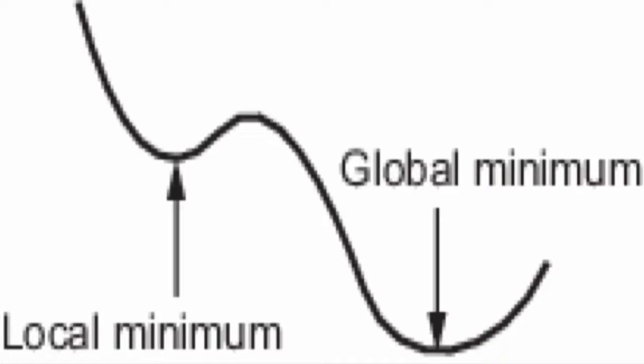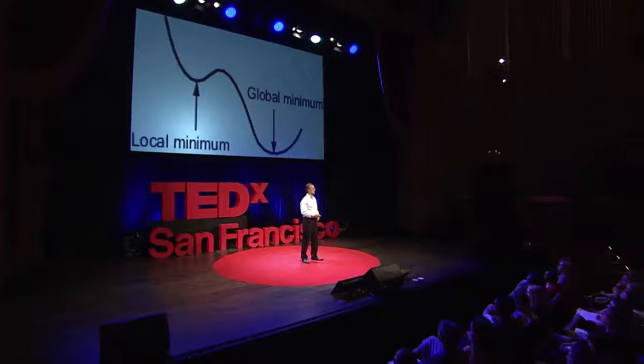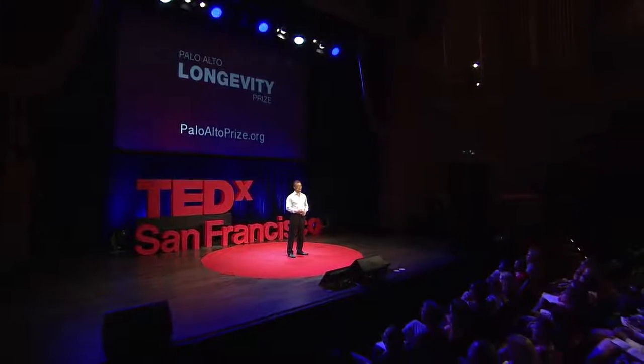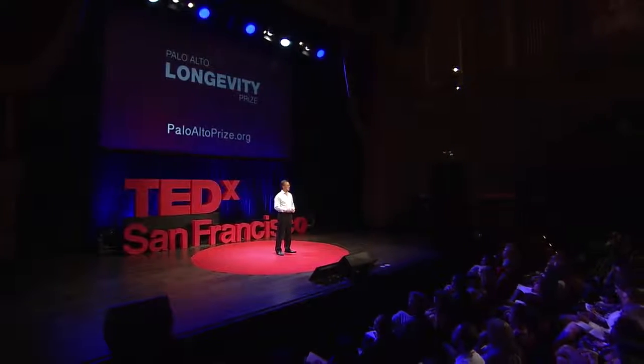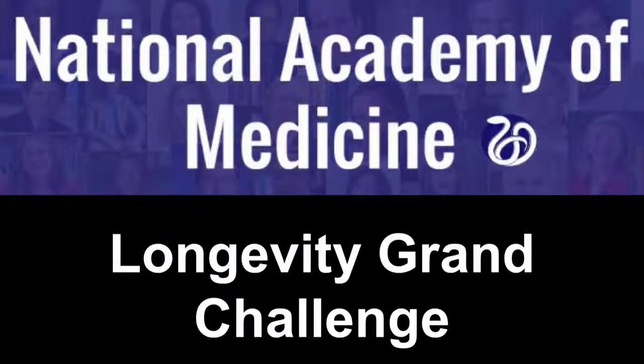I mean, we just can't see it because in evolutionary terms, we're stuck in an adaptive valley where it's an uphill battle to see a completely new way of treating the human body. So in order to create a new system, we created a prize with the industry leaders and scientific leaders called the Palo Prize. My wife and I put $1 million in to create this new system that we want to see. And we recently announced a $2 million donation to the National Academy of Medicine to foster new innovations in the way we think about aging.